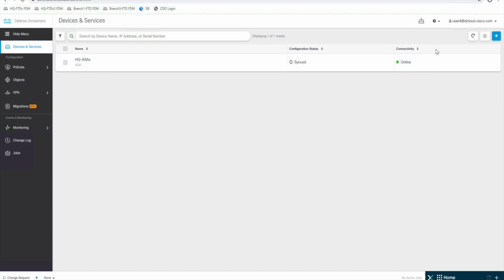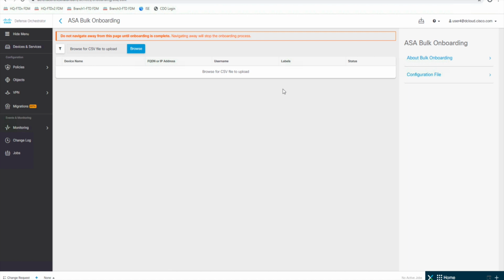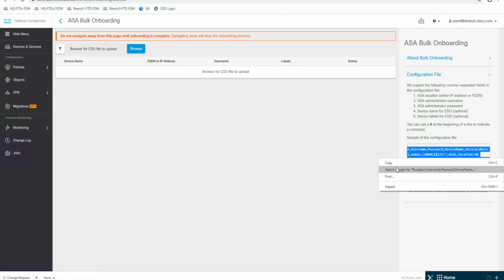But to do multiple, it's very similar. We hit the onboard button, and you see here multiple ASAs. The only difference is that with multiple, to do bulk onboarding, we have to use a CSV configuration file, right? So to do that, we're going to have to create our configuration file. If we hit configuration file here, it gives us some examples. We can highlight this right here, hit copy,